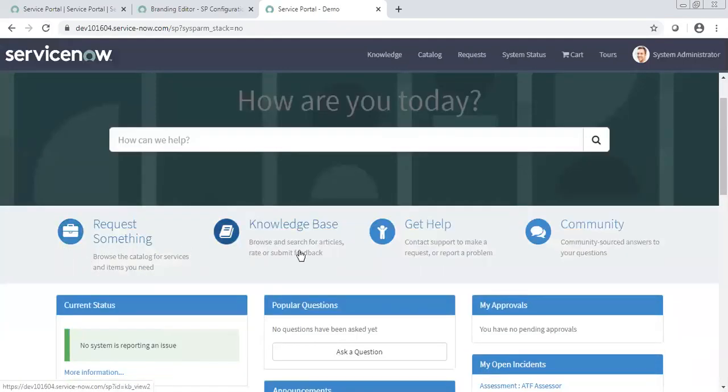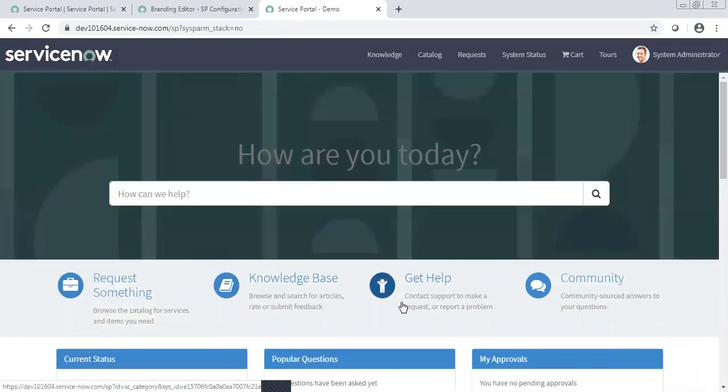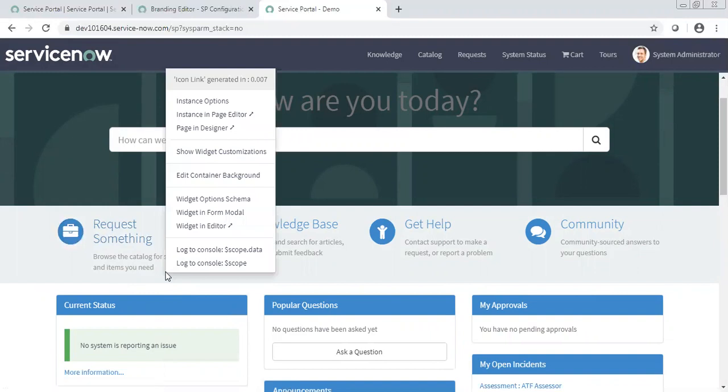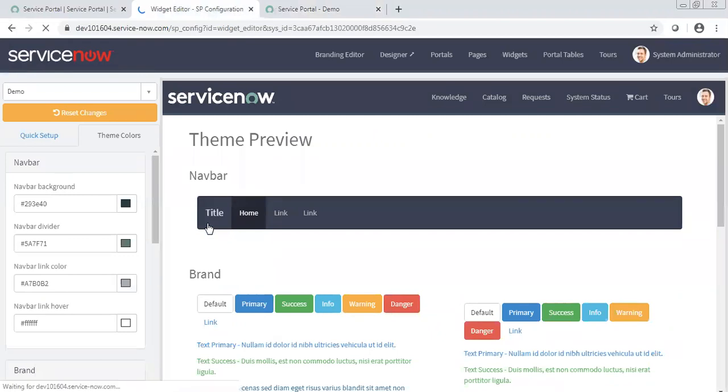Now these things are nothing, these are kind of widgets. How can we see which widget it is? If you control and right click, then you will see this menu open. Then if you want to see the widget code, you can click on widget editor, and it will show you what code is written behind this widget.